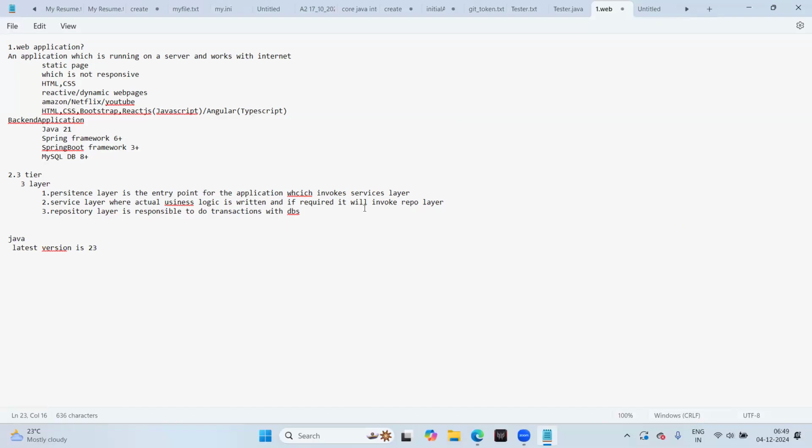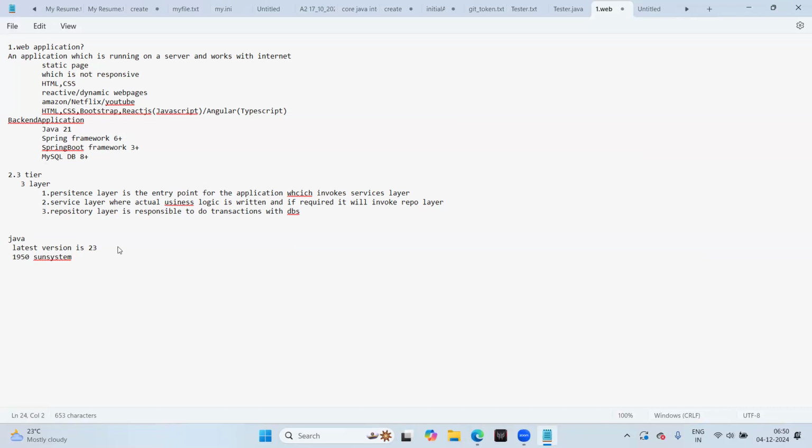Java was started with the Java 1 version, in the year 1950. Sun Systems is the origin. James Gosling started Java with a couple of friends. And the evolution of Java came about because at that point of time